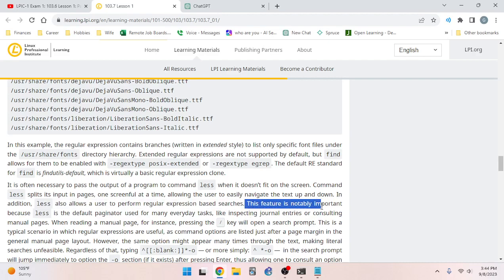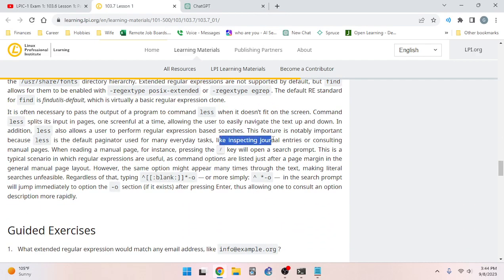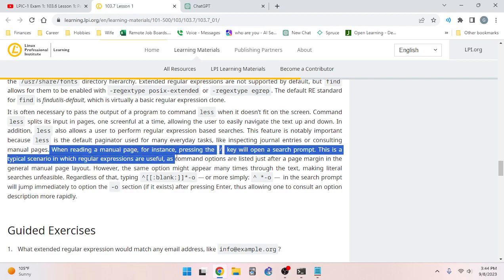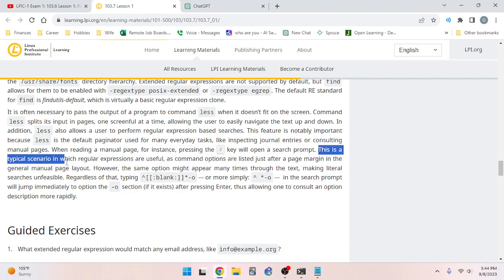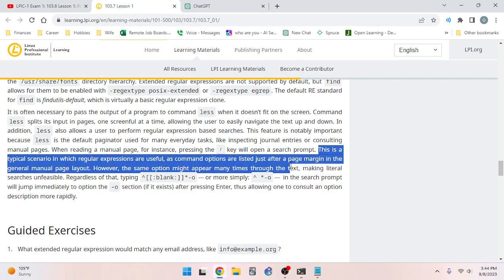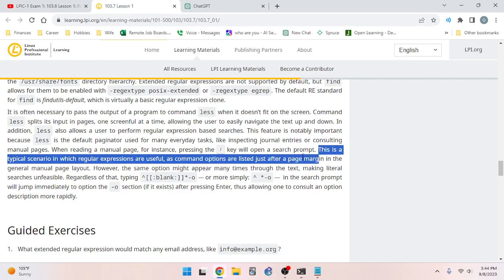This feature is notably important because less is the default paginator used for many everyday tasks, like inspecting journal entries or consulting manual pages. When reading a manual page, for instance, pressing the / key will open a search prompt. This is a typical scenario in which regular expressions are useful, as command options are listed just after a page margin in the general manual page